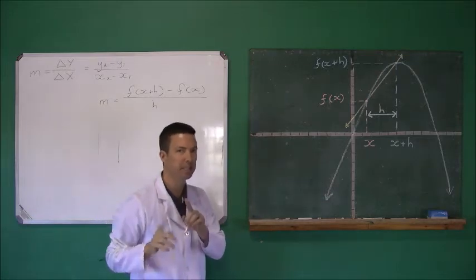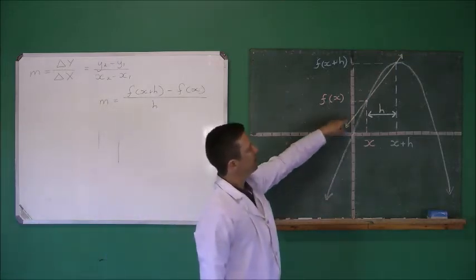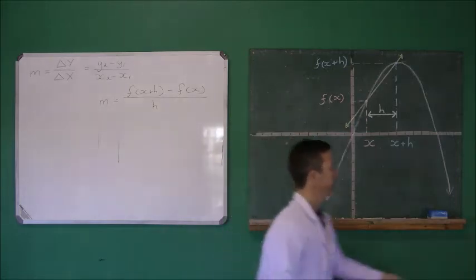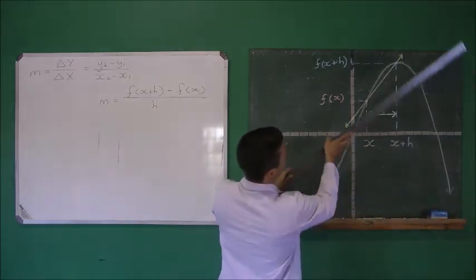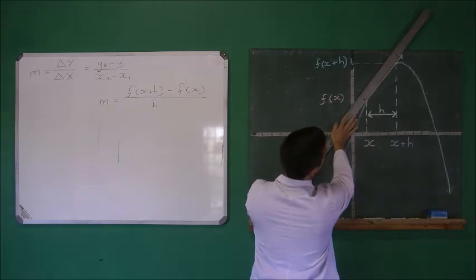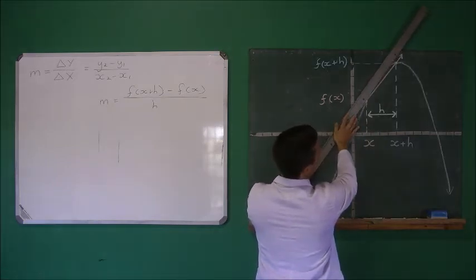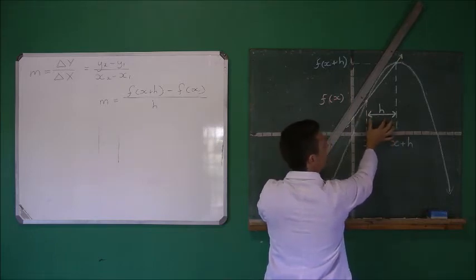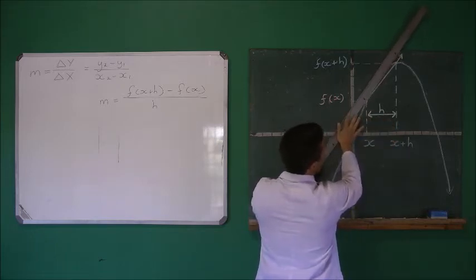But there's going to be a slight change. You see, this is a gradient between 2 points, so it is a straight line gradient. Now, if I take this yellow line over here, and I start to try and bring it closer to the curve, you'll notice that h, the value, starts to decrease. And if I keep on decreasing it,